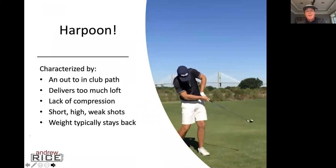Harpoon, out to in. I would say the difference between stand and deliver and harpoon is that stand and deliver is typically a better player. Stand and deliver is the person who gets lightning rod and has learned that if they stand and shove their hands out, they can get the club head to the inside and actually get some power and hit some draws. Harpoon is someone who gets lightning rod on the way down and they haven't learned how to do that, and so they simply just dump the club head out over the top,